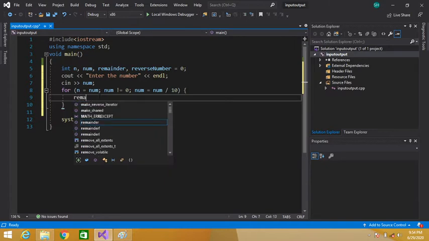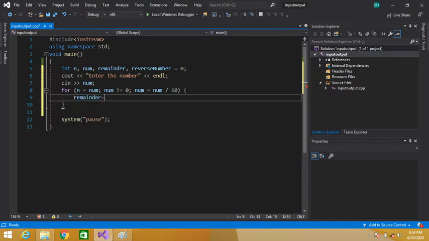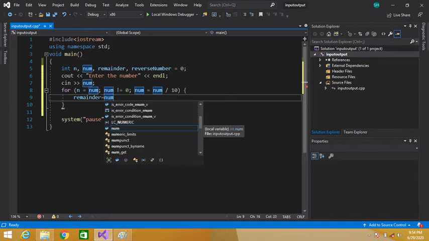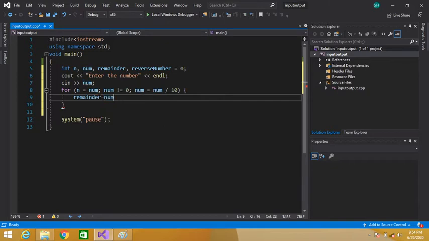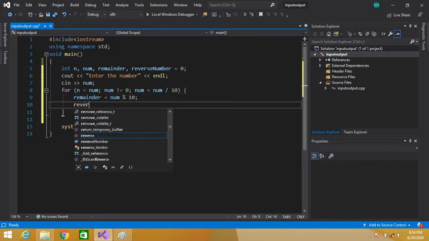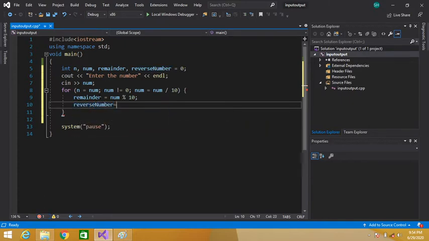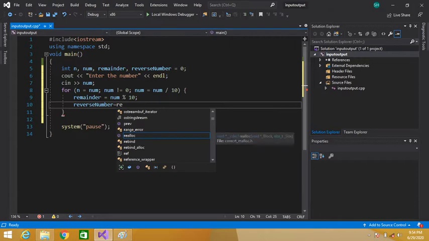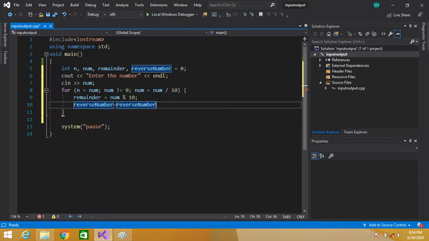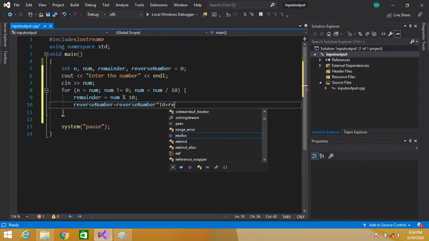Now remainder is equal to num modulus, we have to take modulus by 10, and then reverse number is equal to reverse number multiplied by 10 plus remainder.